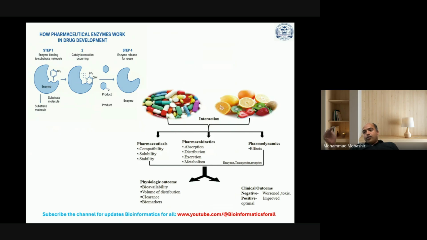Or optimal, what you need it for diagnostic purpose. So what you need to understand is that in data science, if you are working with a pharma company, you will be getting the data from pharmaceuticals. That means compatibility study, solubility, stability study, or pharmacokinetic properties like absorption, distribution, excretion, metabolism, then pharmacodynamics, that is the final effect of the